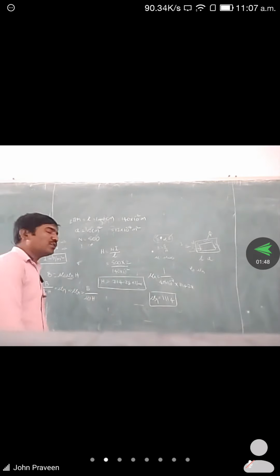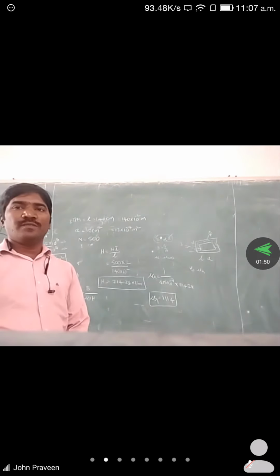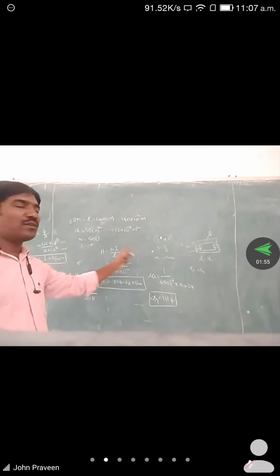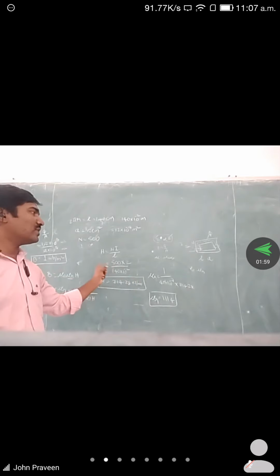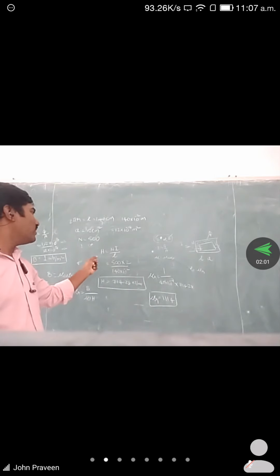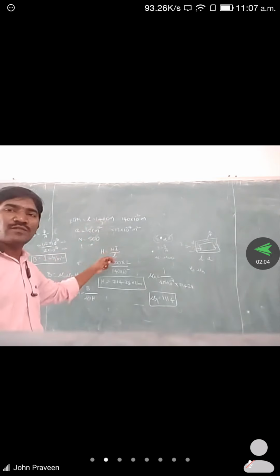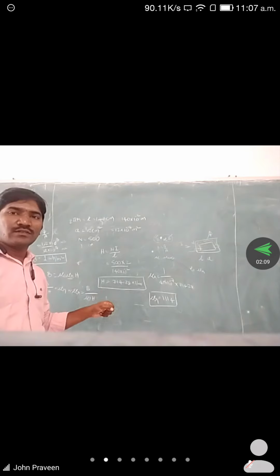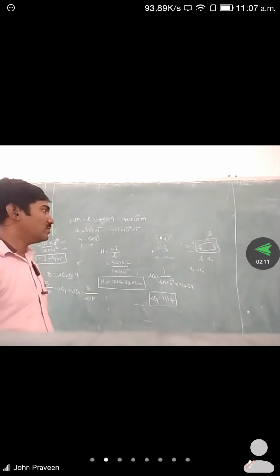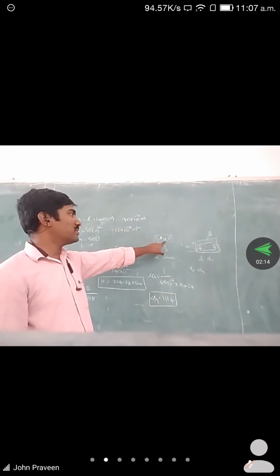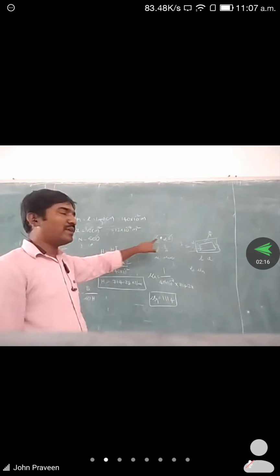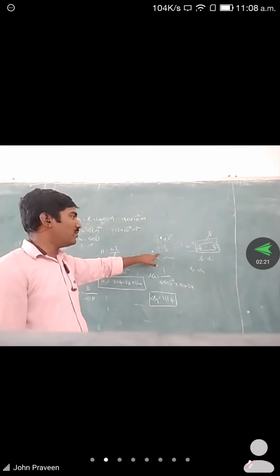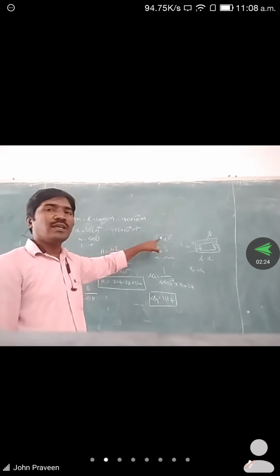Then we want to find out the mu r value, the relative permeability of the material. The cross section area is also given; the A value is given in the problem. So all data will be sufficient to calculate the mu r value. Which formula can we select? That will be essential. If you know the basic formulas, B is equal to mu into H, from that formula we can easily calculate the mu r value. Here mu is equal to mu naught into mu r. So this formula will be sufficient.